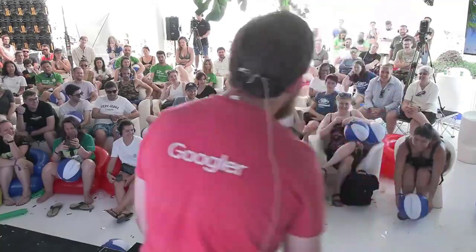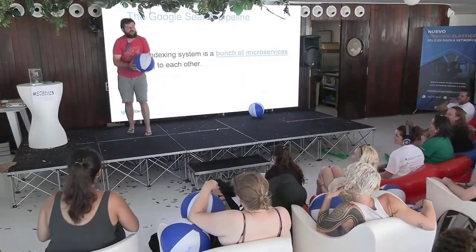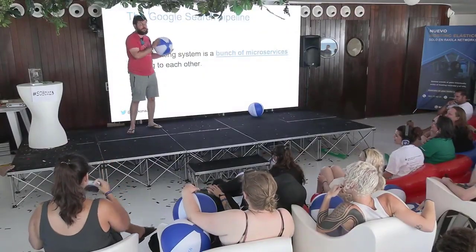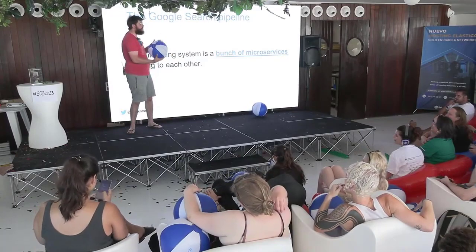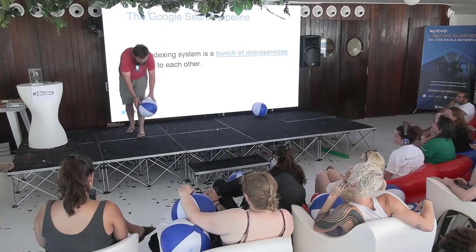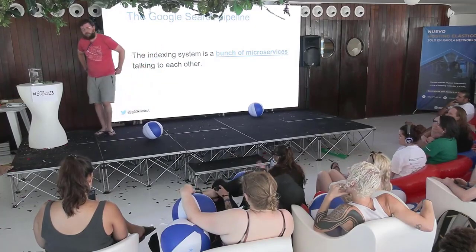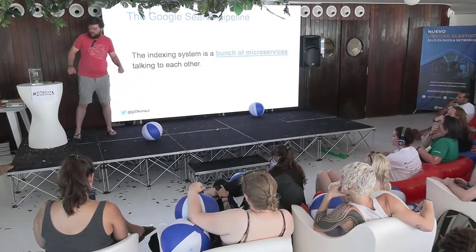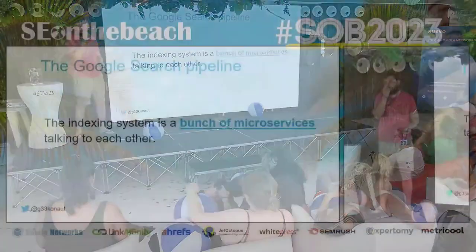You see, I pretty much started off with the exact same interaction, but what happened was very different. And this is why rendering is tricky, because this is exactly what happens when we are indexing a website. There are lots of different microservices talking to each other, and these can take different routes. I'll give you an example.